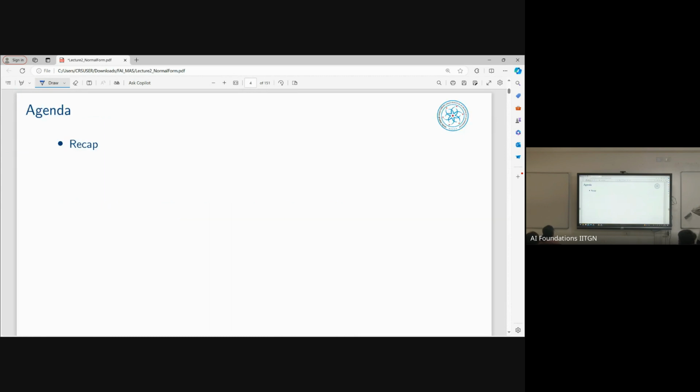Okay. So, in the last lecture, a bit of a recap. I don't know how many of you remember, but we saw what multi-agent systems were, and the most important aspect of a multi-agent system is agent interaction. And what helps us model agent interaction? It's game theory, which is why we need game theory. We also saw the role of computer science and AI in game theory, and the other way around: aspects of game theory that could help model things in computer science and AI. That's what we saw in the last class.